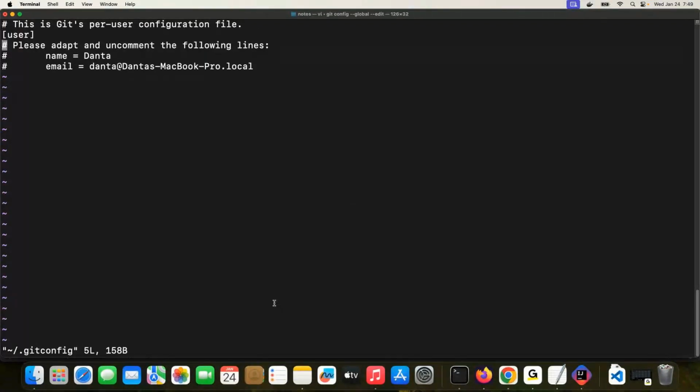It is saying username, it is showing a default, and email equal to, this is what it has taken here. Now, my username is, okay, I will be selecting the username. I'm going to configure here Java with LWL, this is my username, and here we are going to use the same thing, javawithlwl at gmail.com. Okay, now